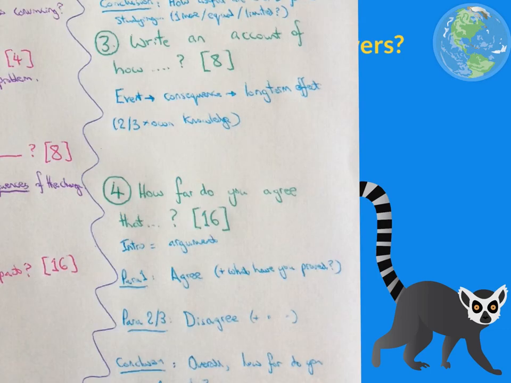Almost there. Last 2 questions of the paper. Question 3. Write an account of how such and such a thing happened. So you talk about an event, what were the consequences of the event, and long term, what was the effect of this? So for example, write an account of how Hitler was able to achieve Anschluss. You might talk about an early event, the fact that the Nazis had gone into Austria